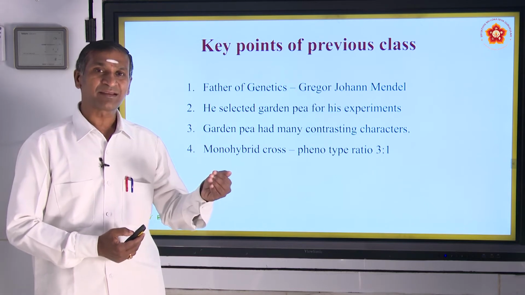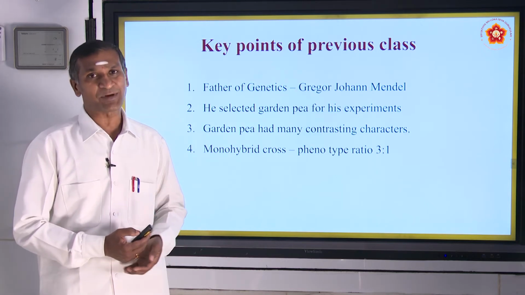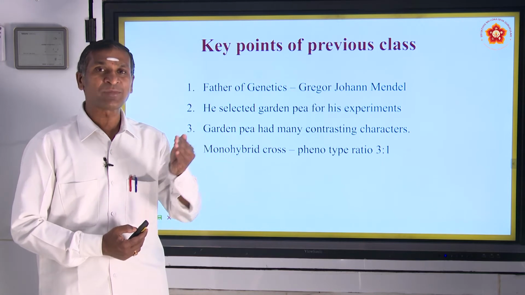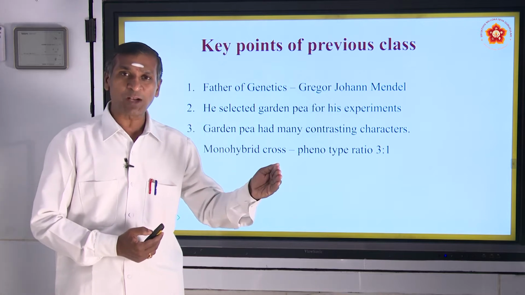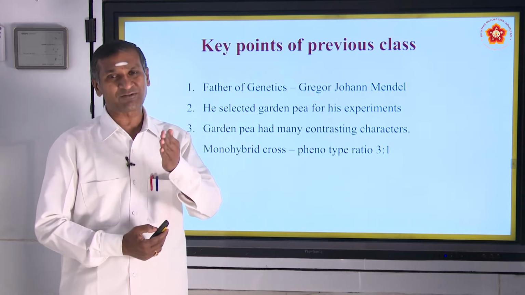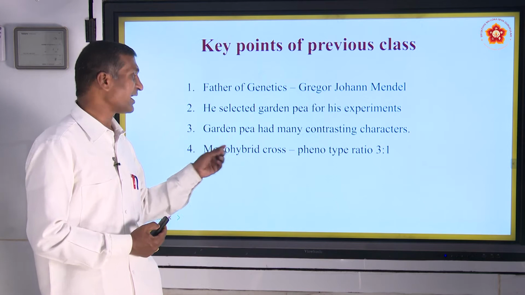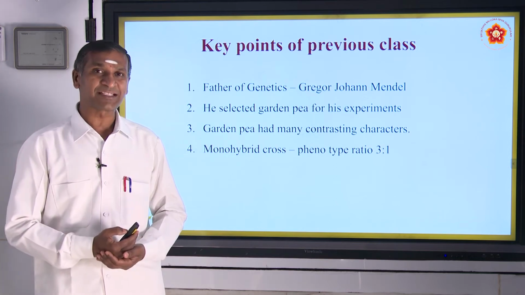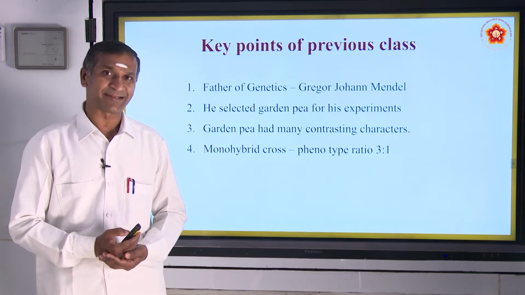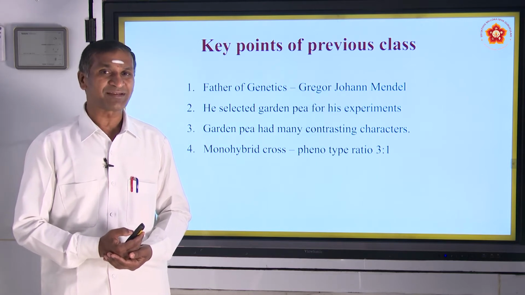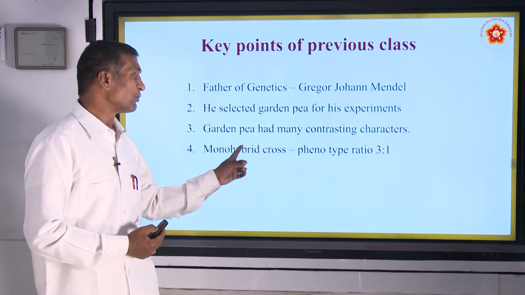And these characters had two contrasting plants. If you take the stem length or height, you will have either tall pea plants or dwarf pea plants. Then we started the experiments conducted by Mendel, and we continued with his first experiment,